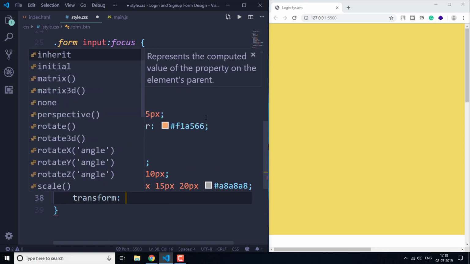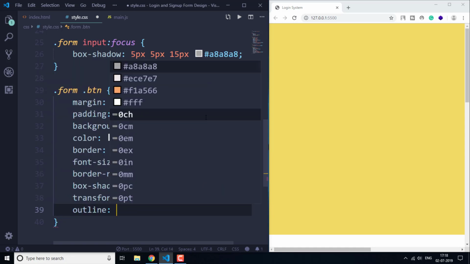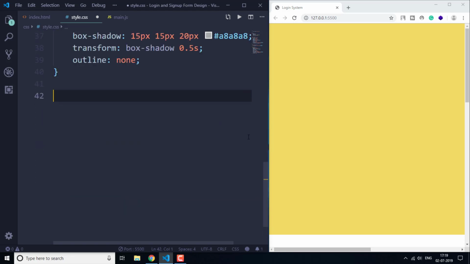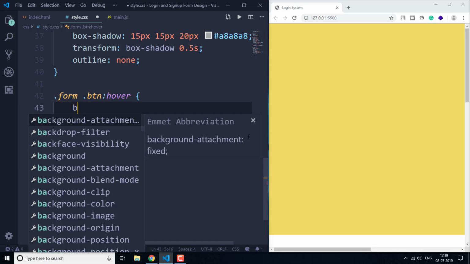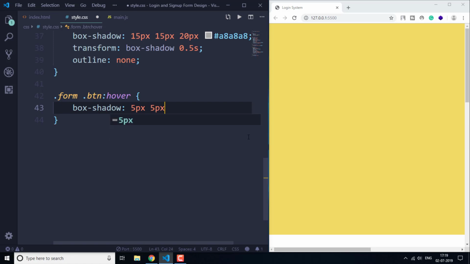Then the transition here is going to be same as before, box shadow and 0.5 seconds, and the outline is going to be none. Then after form.btn and hover, so here the box shadow is going to be 5 pixels, 15 pixels, and this